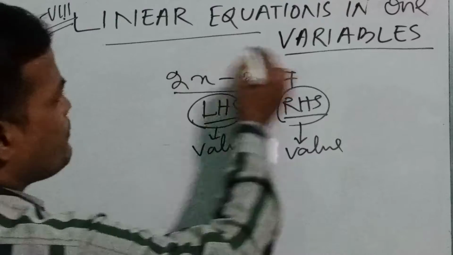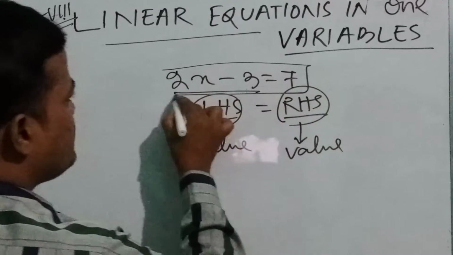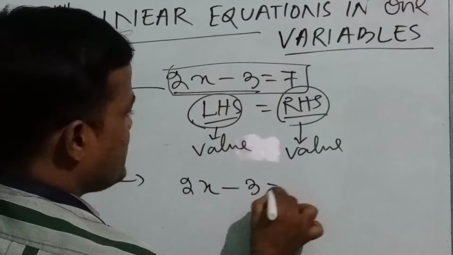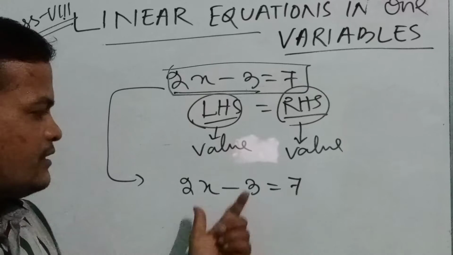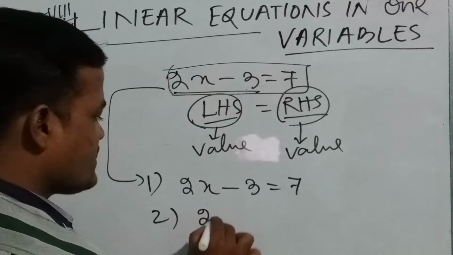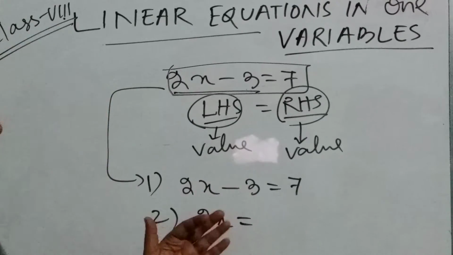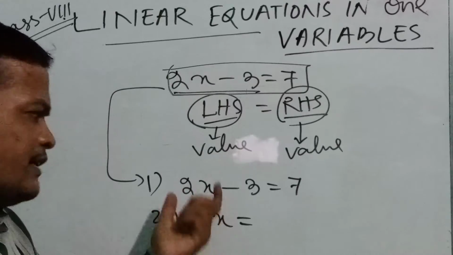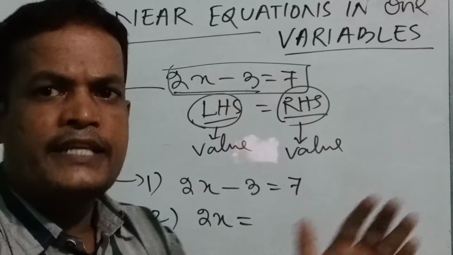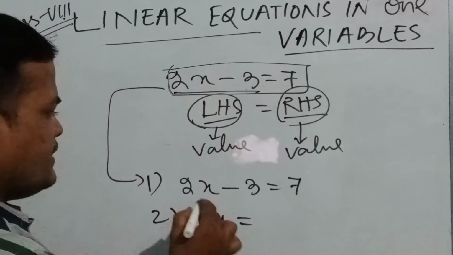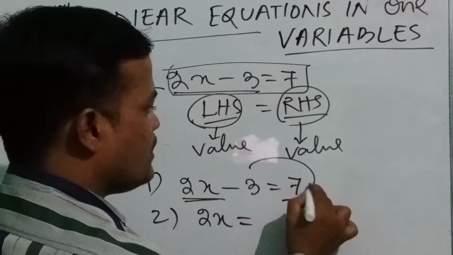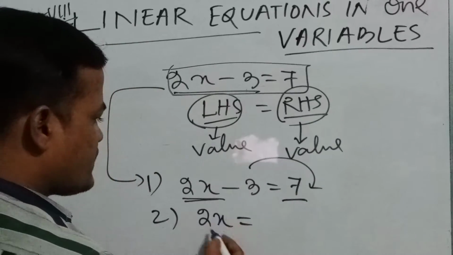Whatever operation we are going to do, in order to solve these equations, let us solve this equation. How to solve? Let us write again 2x minus 3 equal to 7. This is just first write. First step, this is your step number 1. Next step number 2, 2x. Children, what shall we do here? Here, this is called variable. Keep the variables always on the left hand side, and take the constants to the right hand side. Make it separate. Separate these two sides, means on the left hand side we are writing the unknown quantities, and on the right hand side we are writing the constant or known quantities. Okay, so let us write 2x.